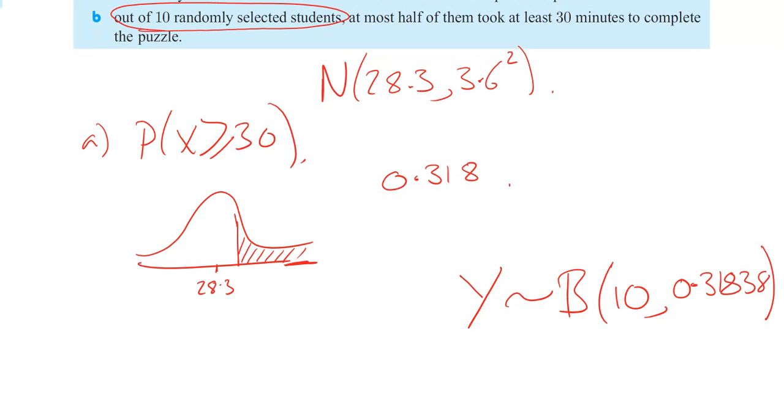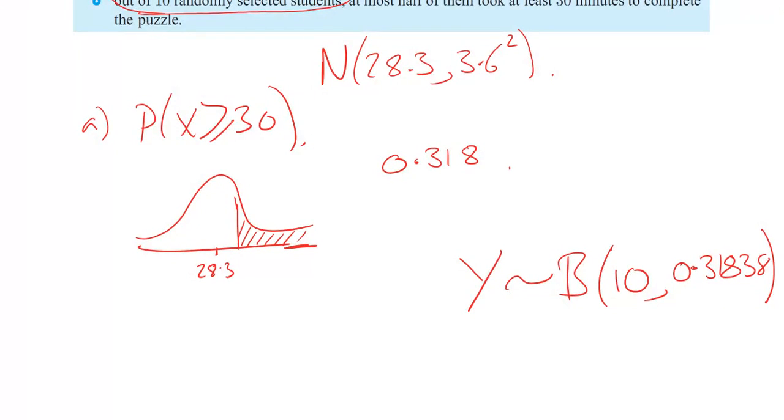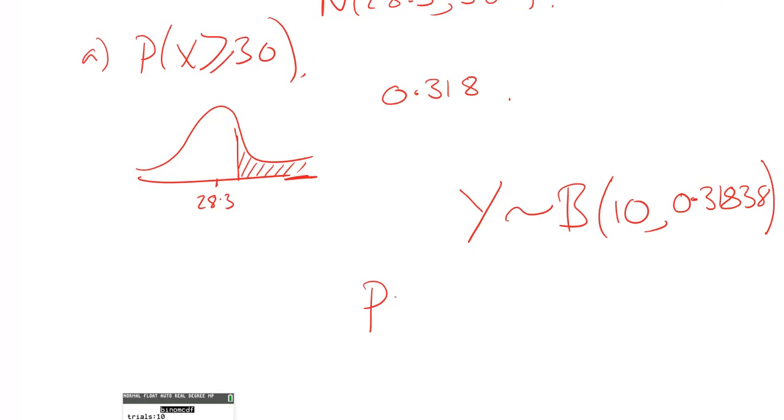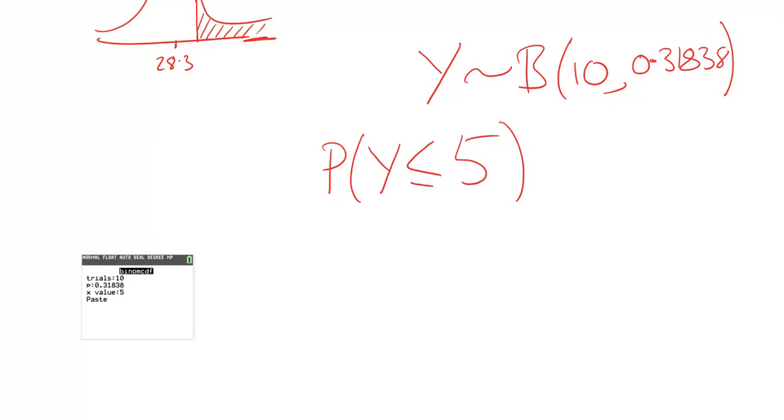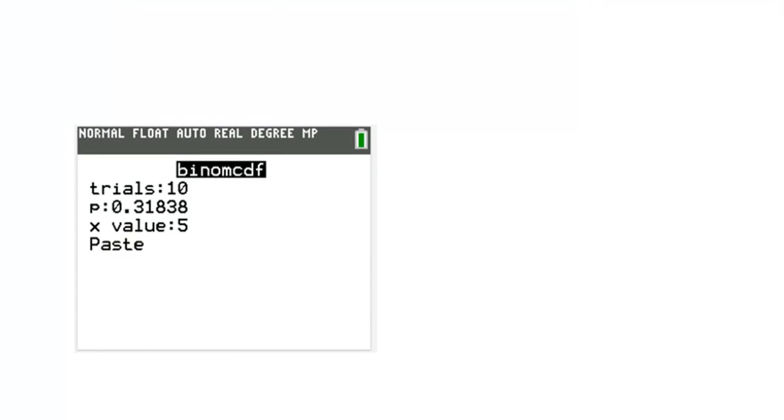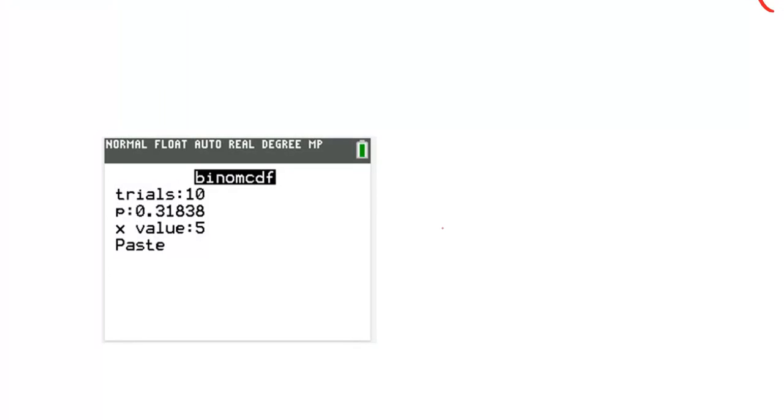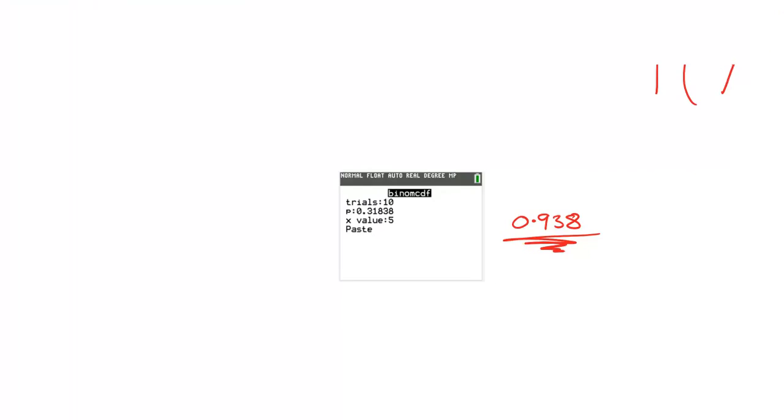So we want at most half of them. That means that in terms of what we type in on our calculator, we want our new variable y to be less than or equal to 5. At most half of them. That's 5 of them. So we can just type that in. We have 10 trials, binom CDF, of course. 10 trials. We've got our probability. Our x value is 5. We press the buttons, press enter, we're going to end up with our answer of 0.938. So just be aware, you could be asked about binomial as well as normal, and you need to know